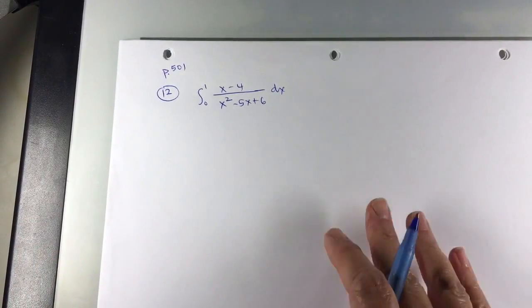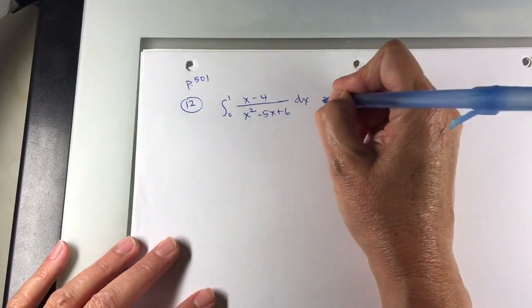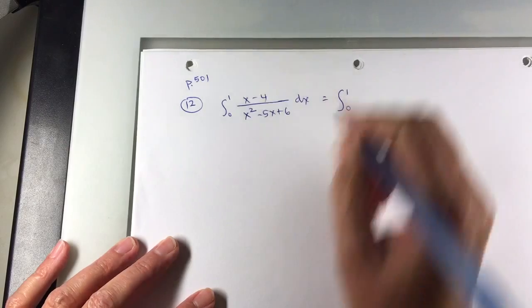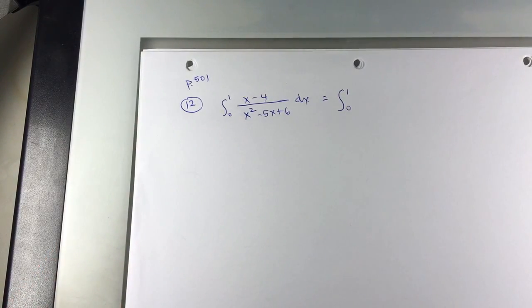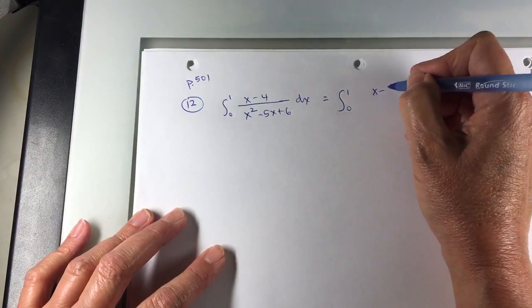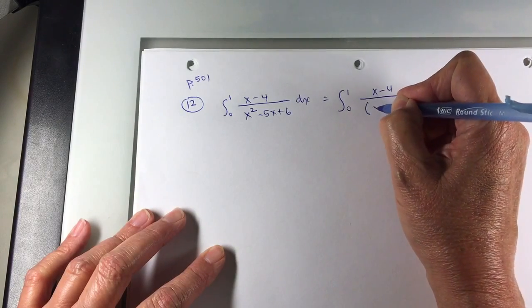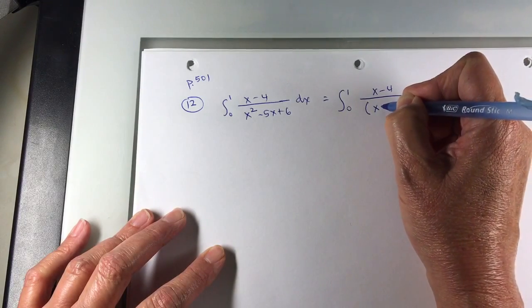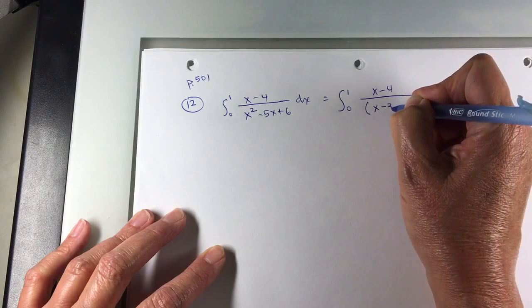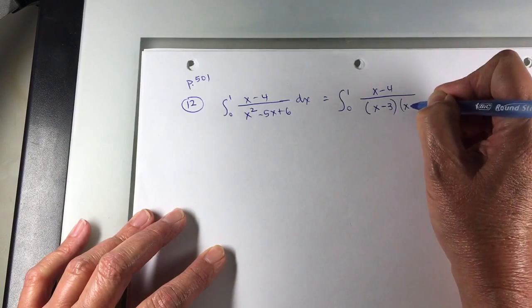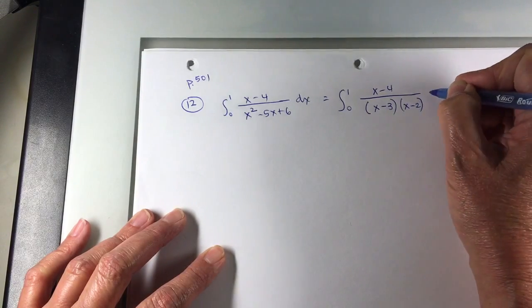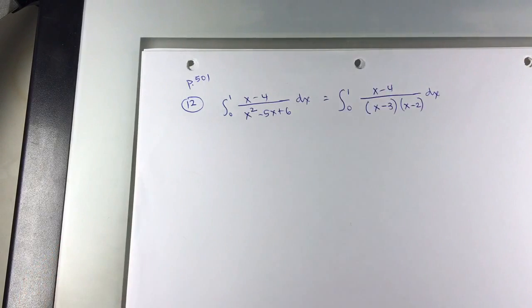If you've forgotten a little bit about factoring, you need to review that. So this is going to be the integral from 0 to 1, x minus 4 on the top, and the bottom factors into x minus 3, x minus 2. That could actually be a little tricky factoring problem